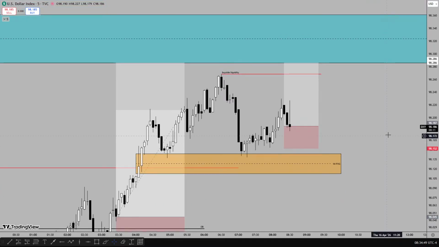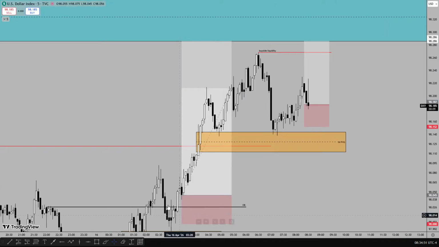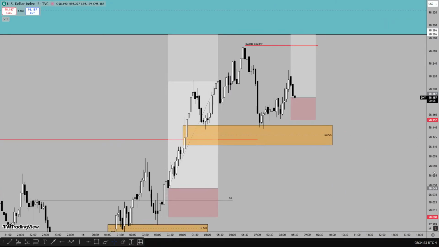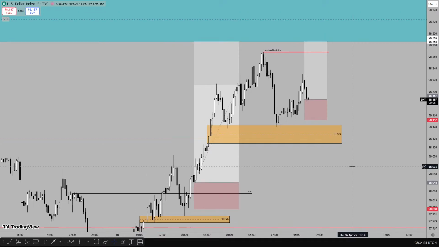So now I wanted to talk about something. Now that I've explained everything about today's point of interest, the daily bias, and all that, let's talk about whether it was worth the idea of actually taking a risk in this setup.